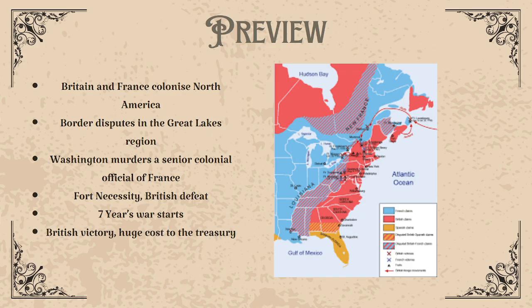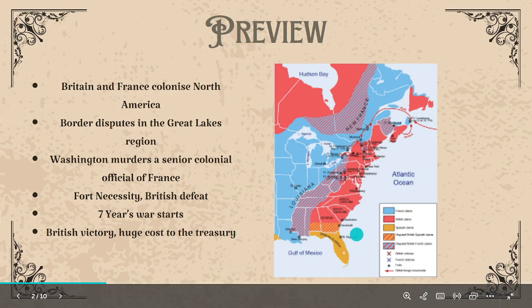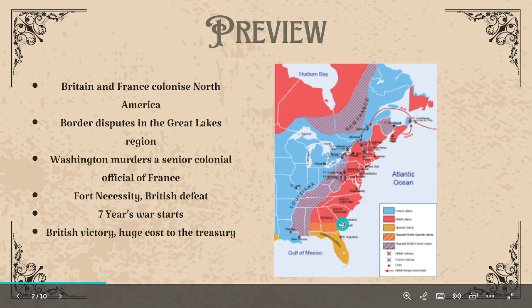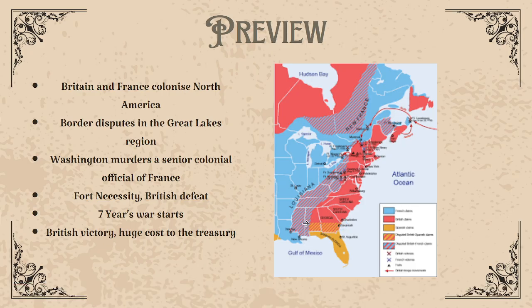Obviously, there were other countries which participated in the colonization of America. Sweden and the Netherlands, most notoriously, also had colonies in North America, and as visible on the diagram, which I'm sorry it isn't too clear, the Spanish occupied what is modern day Florida. You can see right here. That's Florida. And other than that, the map that you see shows the situation from right before the 7 Years' War. You have the British territories over here, the 13 colonies, and you have the nominally British controlled Canada here.